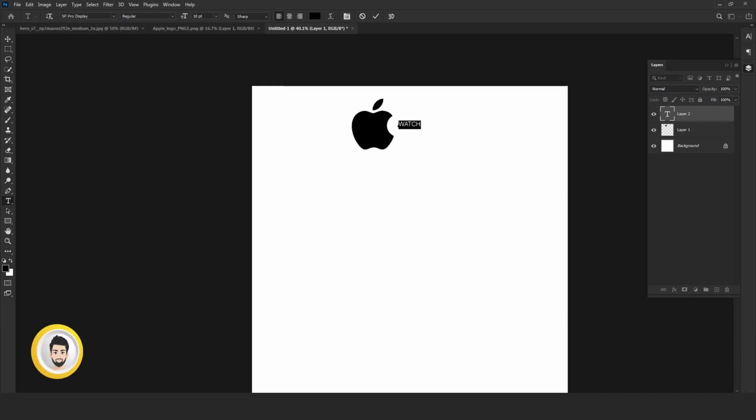I am using the font SF Pro Display, that is almost used in all Apple products. Increasing the font size to match the logo height.